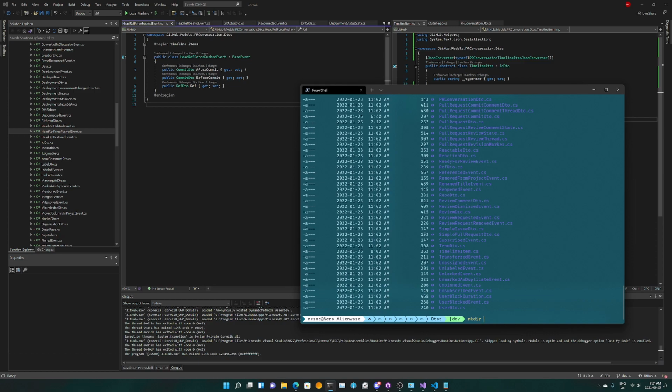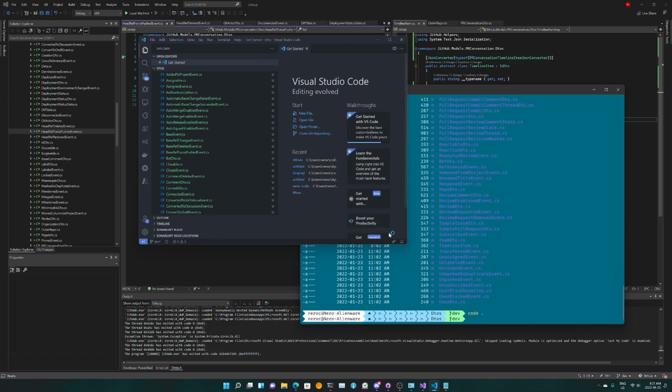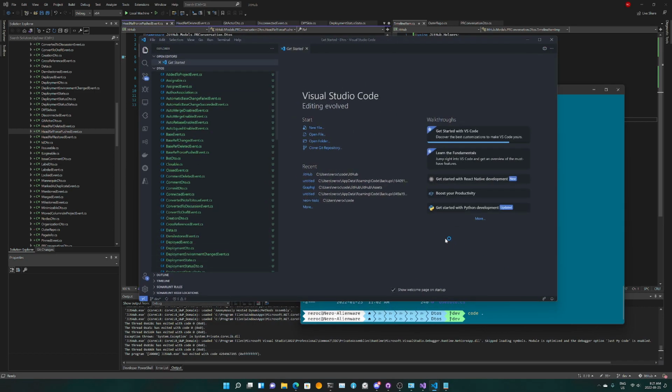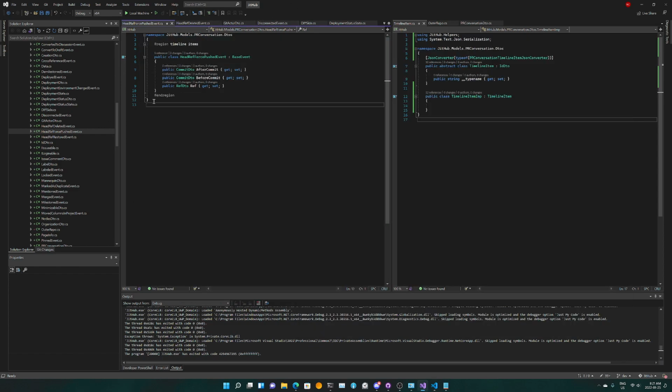Oh, I don't need Python, I just need VS Code. And we search for basically just region, right?